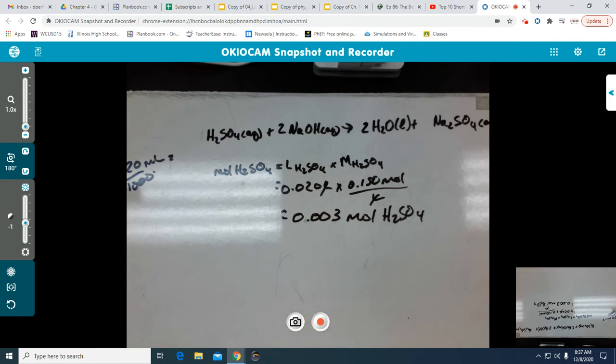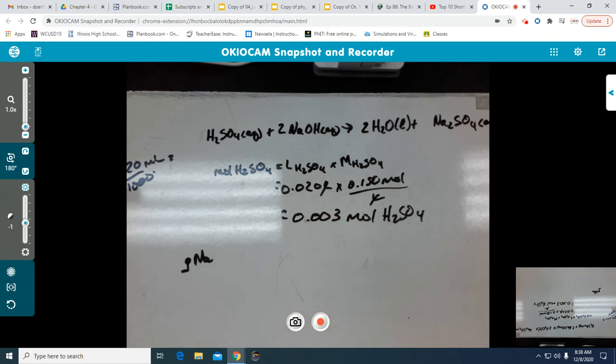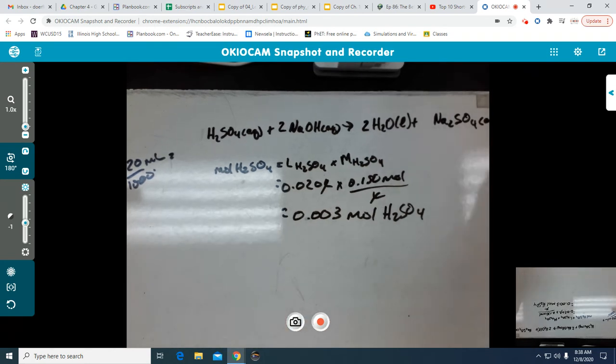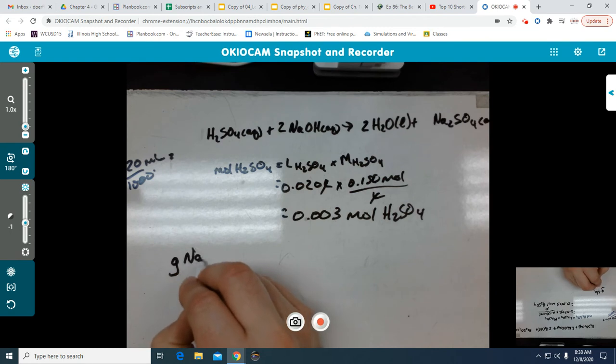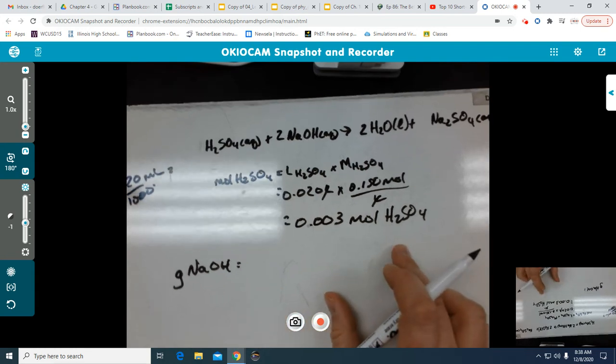Next step is we need to determine how many moles, and then ultimately our ending answer needs to be in grams. So I'm going to take the step that the book takes, and I'm going to incorporate into this final calculation how we solve for grams. Okay, so we're solving for grams of sodium hydroxide. Okay, so we're just going to use the moles we have of sulfuric acid, because that's what we know,